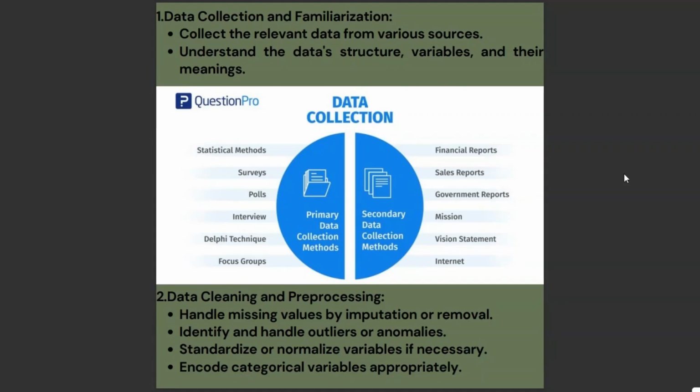So we identify and handle outliers and abnormalities. For outliers, we are looking at those values that are at extremes. Those ones, they always make our work spurious. So we always find a way to address outliers. So we standardize or normalize variables if necessary. So the work we have, we always find a way to make them normal. We use standard procedures to make them normal, and also we standardize them so that they can be on the